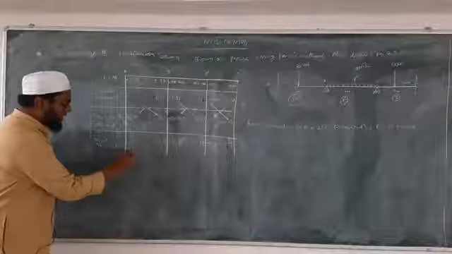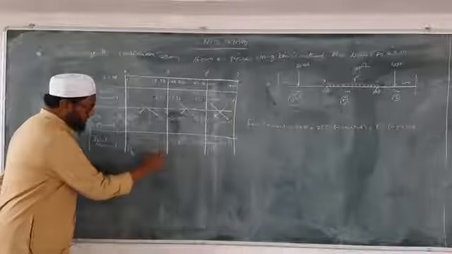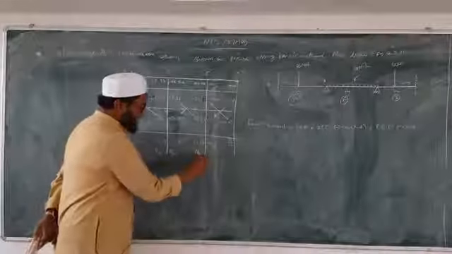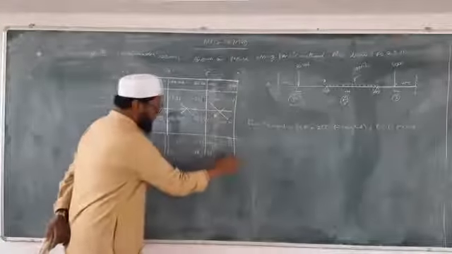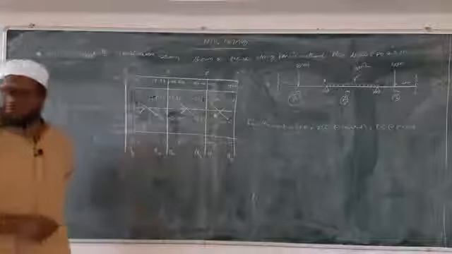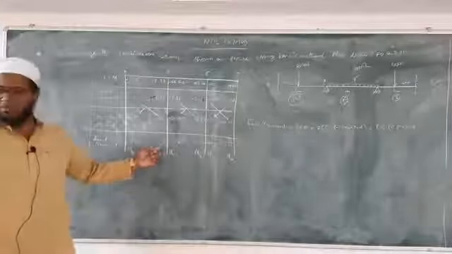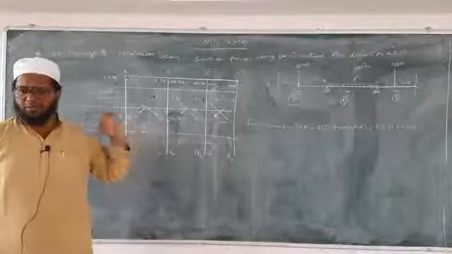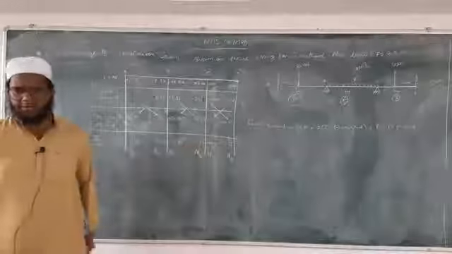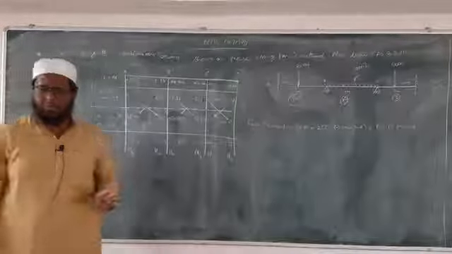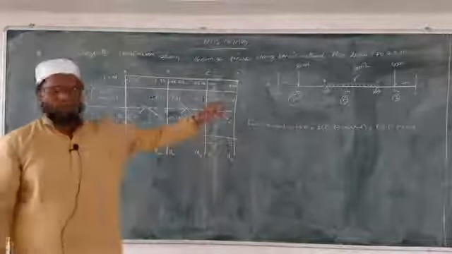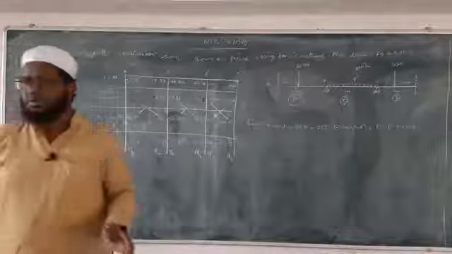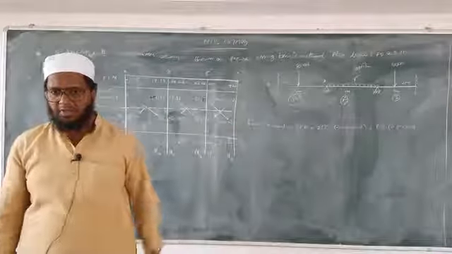So this is our final moment, that is MAB, MBA, MBC, MCB, MDC. Understood? So see here, MBA plus MBC will be almost equal to 0, right? Similarly, MCB plus MCD should be almost equal to 0, right? 0.05 variation. Okay. So this is how we solve the problems of Kani's method for continuous beam. Next problem we'll be doing with simple supports or hinge support at the corners. Okay. Copy down this one quickly.